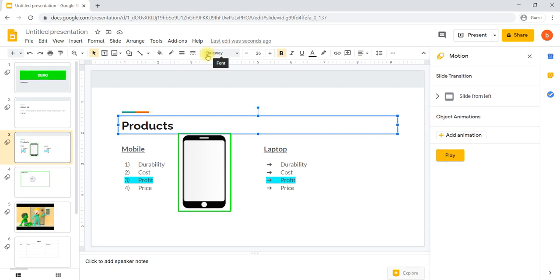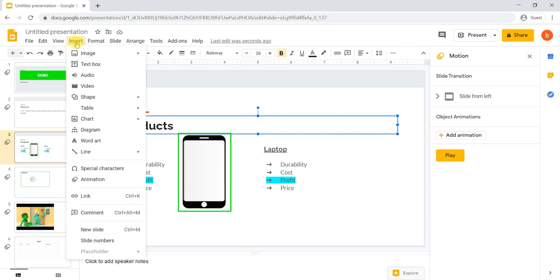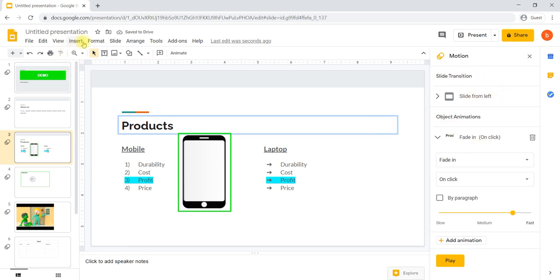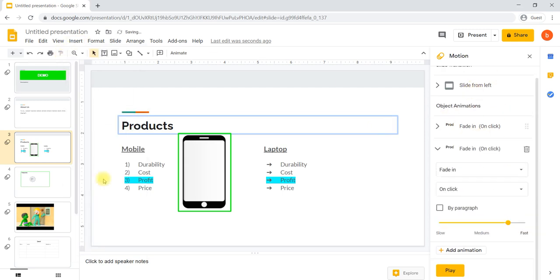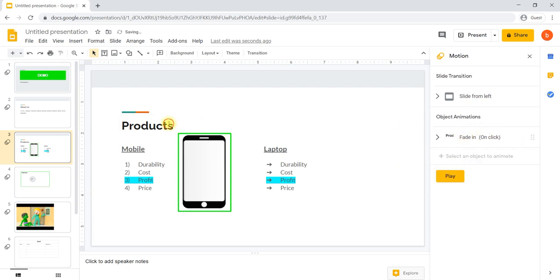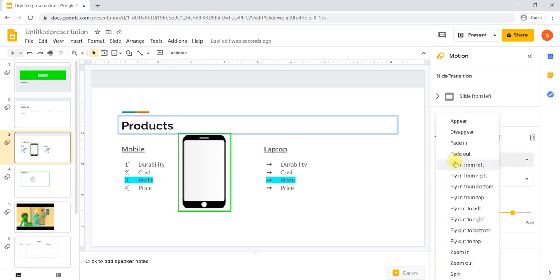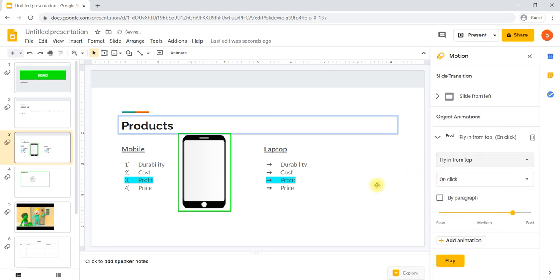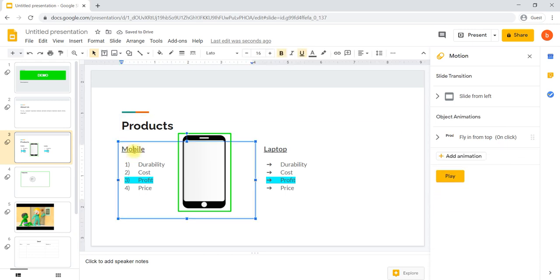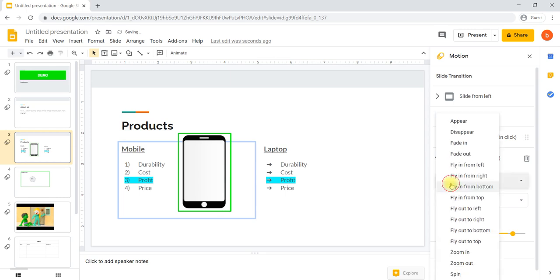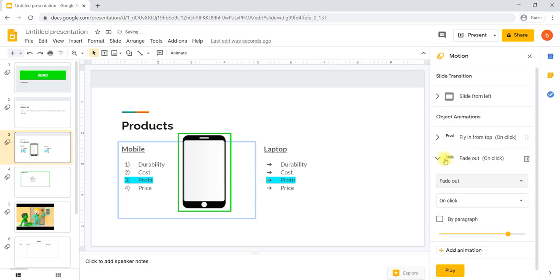Okay, add animation, or you can go to insert animation. If it is not activated, we have to go to insert and say animation. Okay, in animation, this one will say what kind of animation you would like to give. I say plain top, like this. I have given some animation for mobile, this particular thing, add animation, fade out.